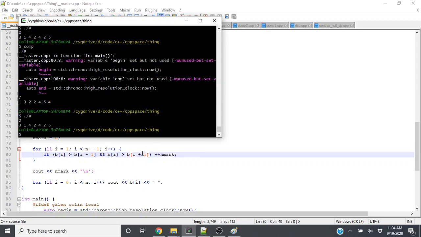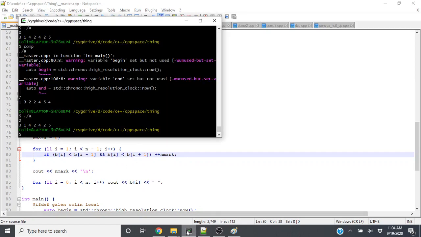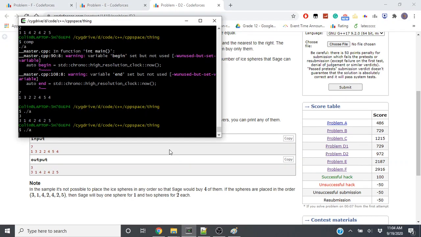2. Why? BI is greater than BI minus 1, and BI is greater than BI plus 1. Huh? That does not make sense. It should be, wait, that should be less, whoops. Less than and less than, yep. Okay, so that'll work for this sample, and that seems to be the exact construction they use, but